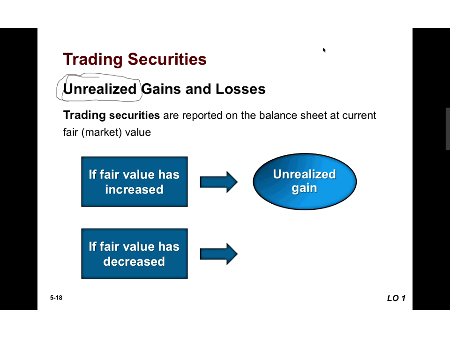So again, this isn't something necessarily you have to memorize. I think people get caught up in trying to remember the formula with unrealized gain or loss. If you think about it, you're saying fair value is what it's worth right now. Is that worth more or less than what you paid for it? Well, if it's worth more than what you paid for it, you have an unrealized gain. And then conversely, if the fair value has gone down, you're going to have an unrealized loss. Okay? So again, I would urge you to think through this rather than memorize it about the fair value versus the cost. So fair value has increased, you have an unrealized gain. Fair value has decreased, you have an unrealized loss.